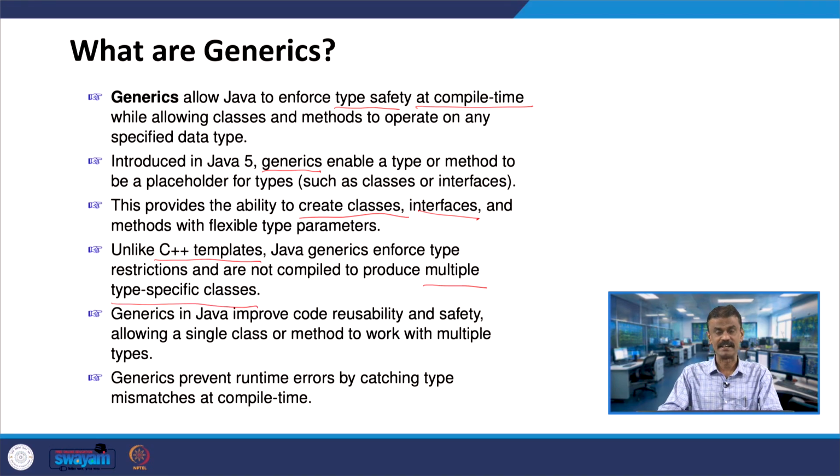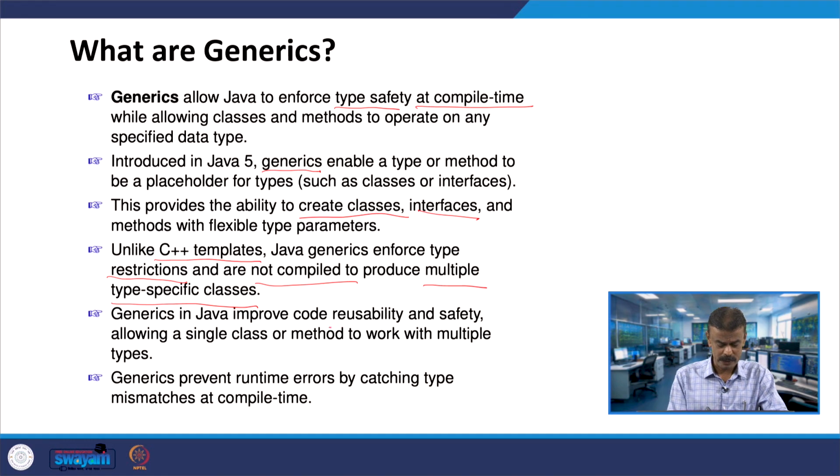Whereas in Java we have some restrictions. We cannot have multiple type specific classes. That is the major difference. That is not compiled like C++.